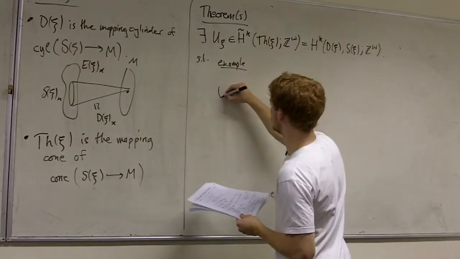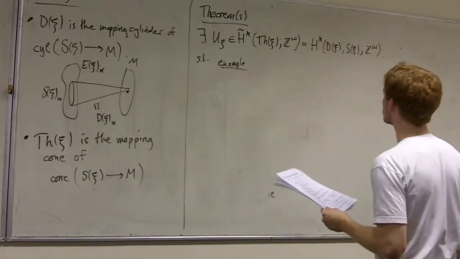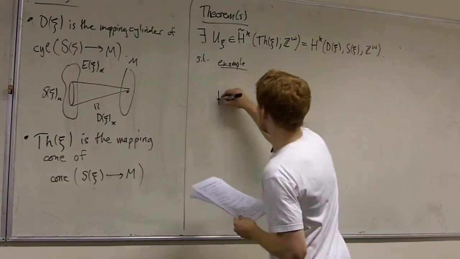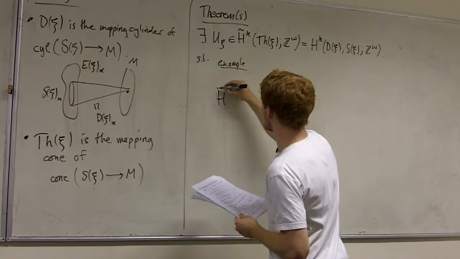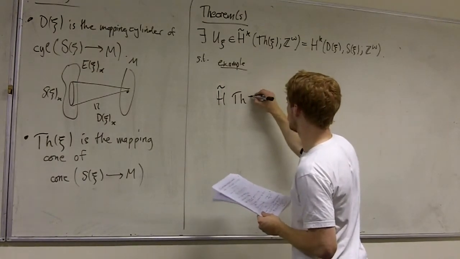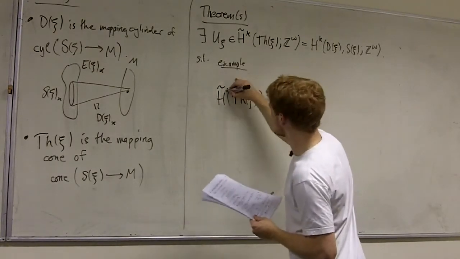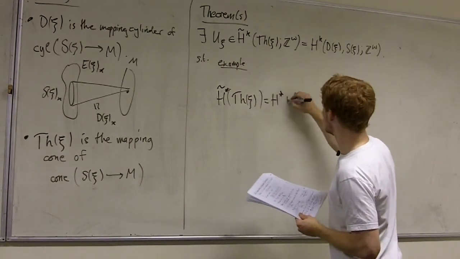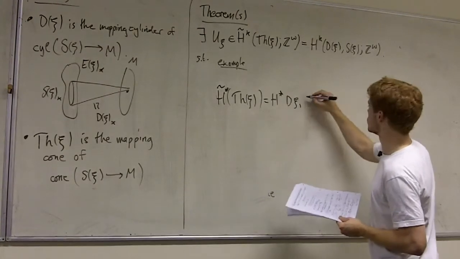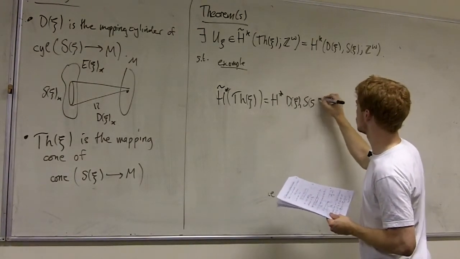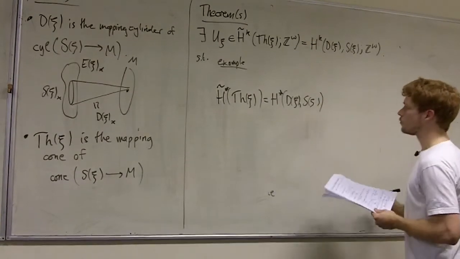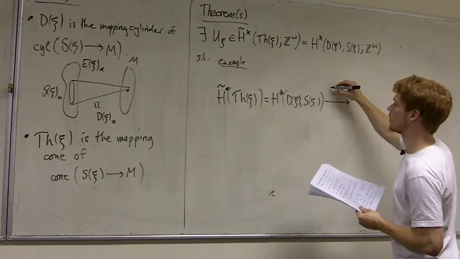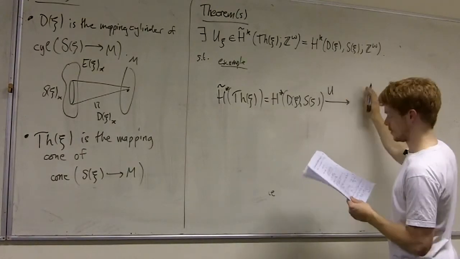Okay, so how's best to write this? So let's say, where do I want to start? Do I want to start there? Okay. So maybe we start at the reduced cohomology of the Thom space. So this is cohomology, which, as I said, is the cohomology of the disk relative to the sphere. So then the Thom isomorphism is going to say that if I cup,